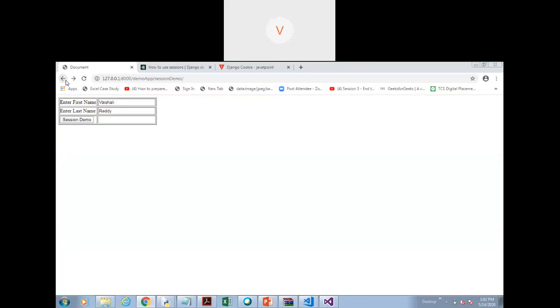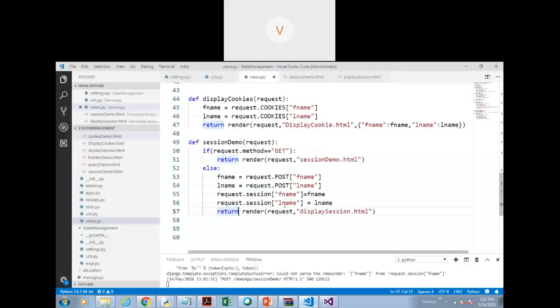Okay, and cookies are small bits of information which are stored on the client's machine, and it may be in the browser instance, or it may be a persistent cookie which is stored in the hard disk or the file system of our computer system. Then these were the client side techniques, and on the server side we have session. So for creating the session, we have seen that request.session follow the name of the session to create the session, and for fetching the session, I will just cross check and let you know.